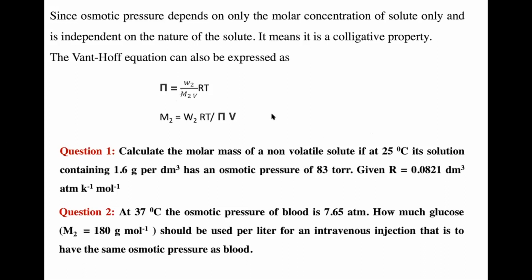Sorry, we have only 10 minutes, so let me finish very quickly. In this numerical problem, you can calculate the value of molar mass, and you have been given the value of osmotic pressure. This is very simple. Just put in all the values of W2, pi, R, T, and you can easily calculate the molar mass. Similarly, you can also solve question number 2. All these questions are given in the textbook which I had provided to all of you, in the colligative properties chapter. All the questions are mentioned there. You can also do some more practice for solving the numerical problems.